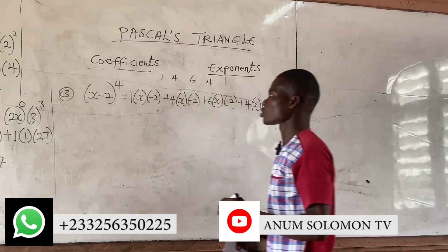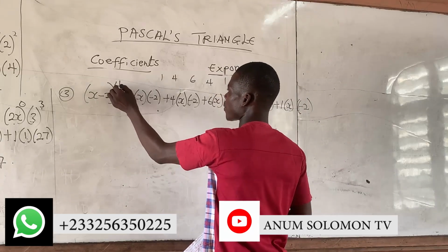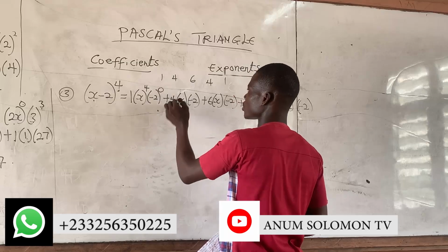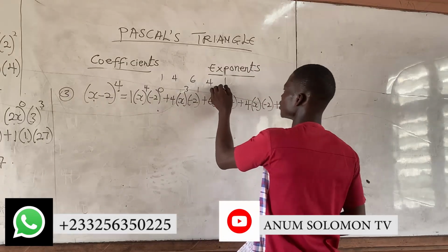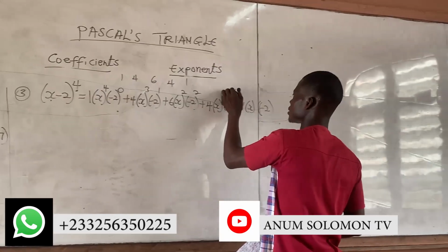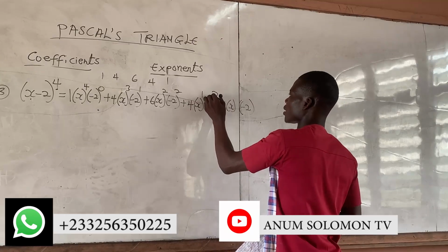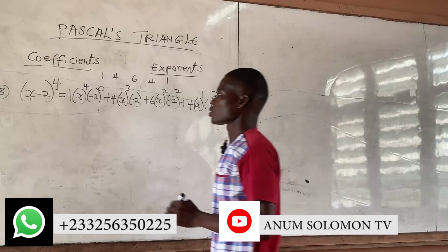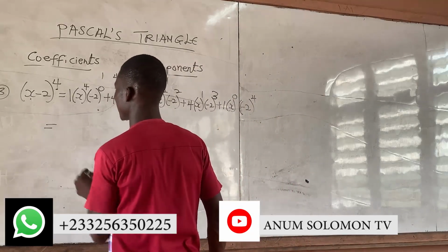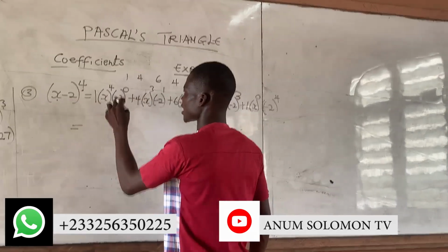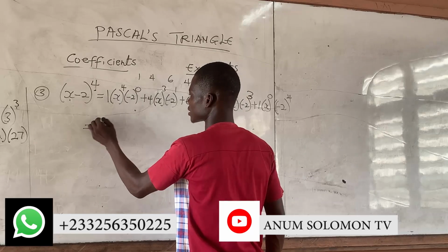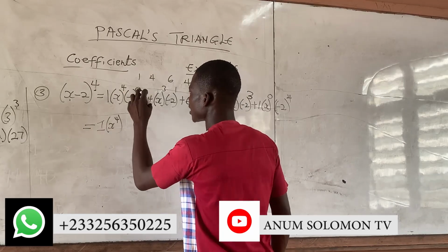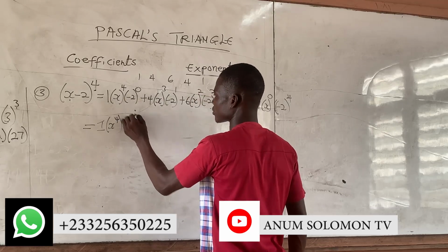So now let's introduce the powers. The power here is 4. The first term is x, which carries the 4, 0; then 3, 1; 2, 2; 1, 3; and 0, 4. So now let's move on to simplify. We have 1, this is my 1, x to the power 4 is the same x to the power 4. Negative 2 to the power 0 is 1, plus